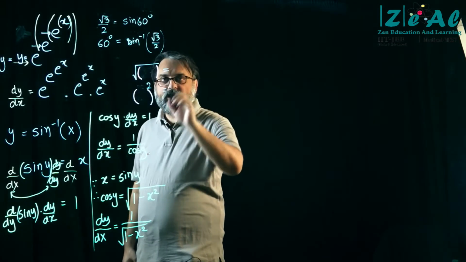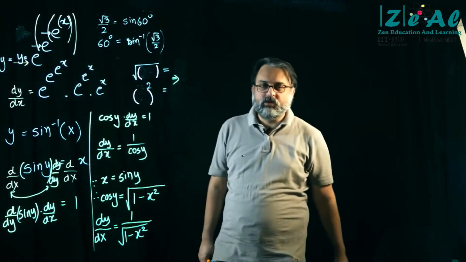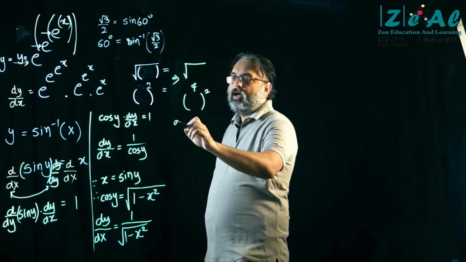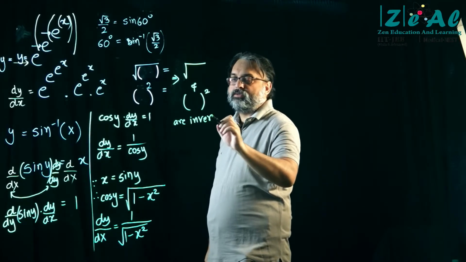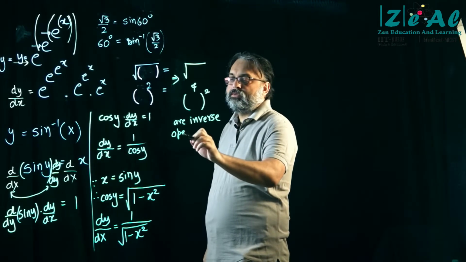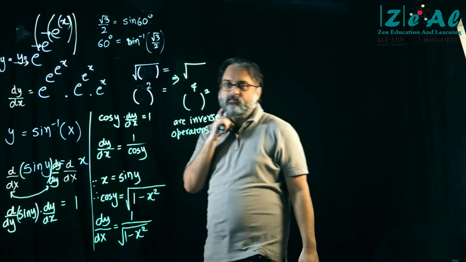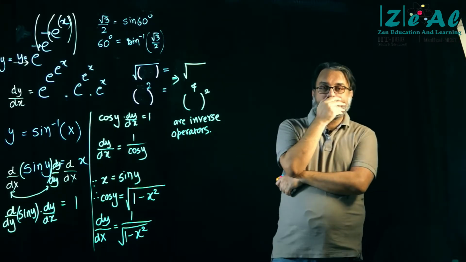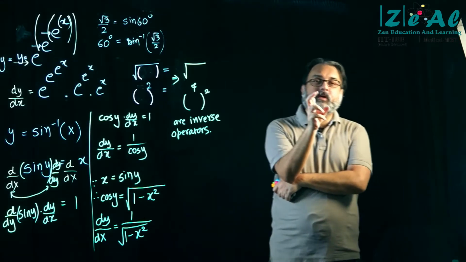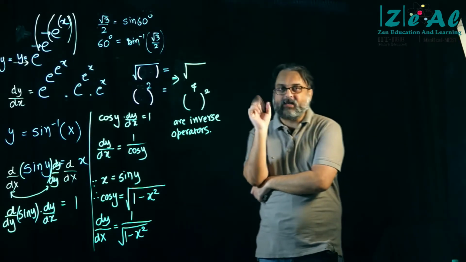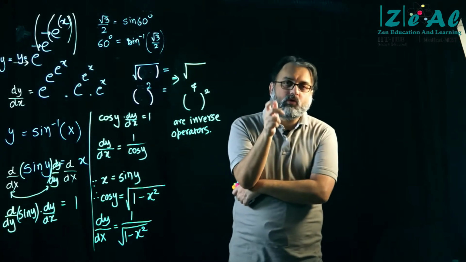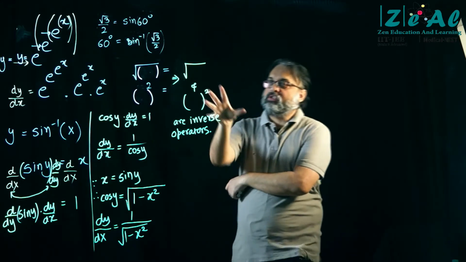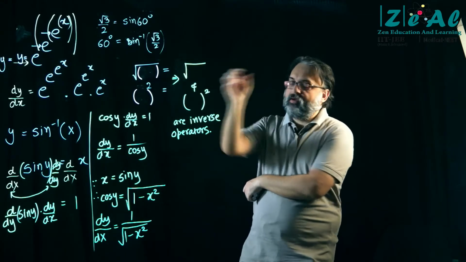So we say this means that under root and square are inverse operators. इनवर्स ऑपरेटर्स की एक खासियत होती है, वो ये कि अगर आप एक ऑब्जेक्ट के ऊपर दोनों ऑपरेटर्स एक साथ अप्लाई कर दो तो उस इनपुट, उस ऑब्जेक्ट के ऊपर कोई फर्क नहीं पड़ता. Do these two qualify for that?